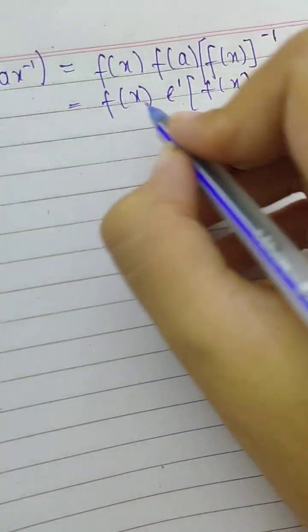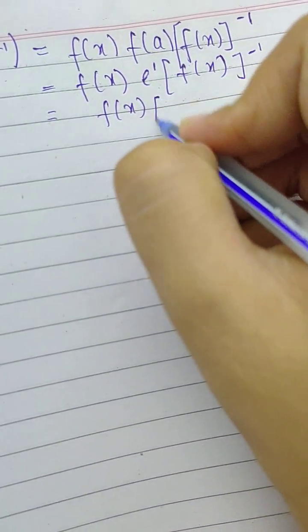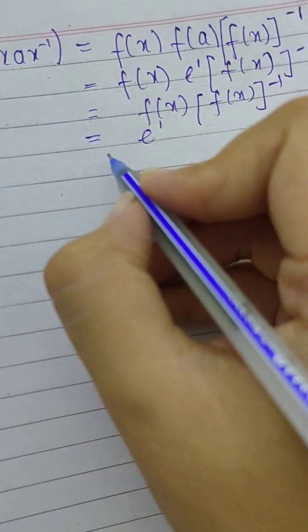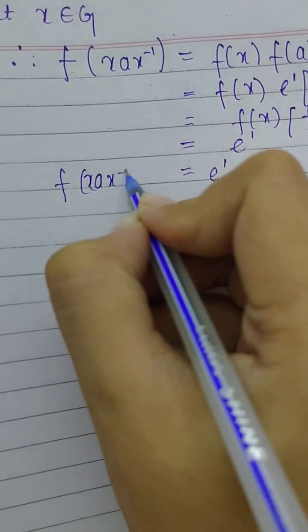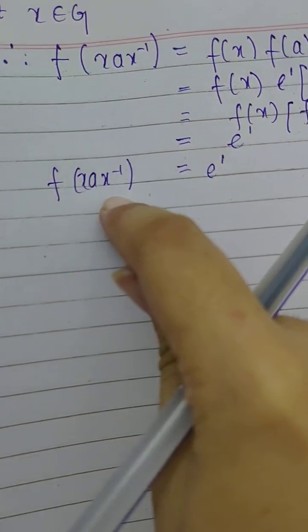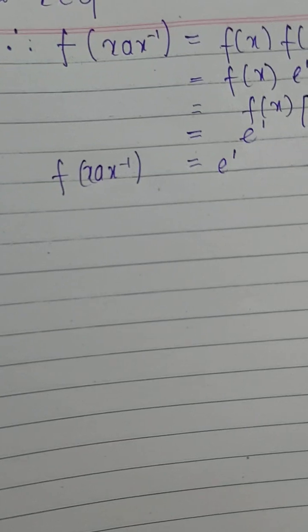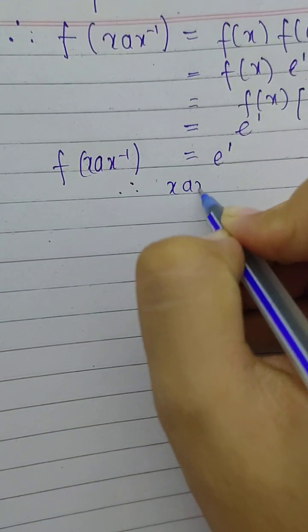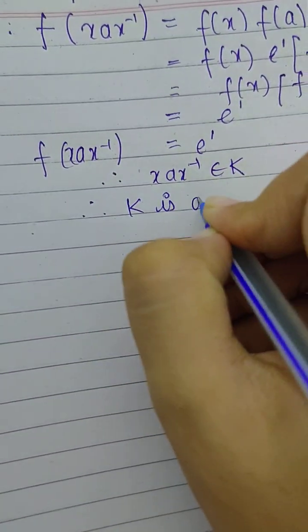Now e dash is simply nothing, so you can remove it. What you're left with is f of x into f of x inverse, which is e dash. I hope you believe that again this belongs to K, because the function of this is mapped to e dash of G dash. Therefore x a x inverse belongs to K,